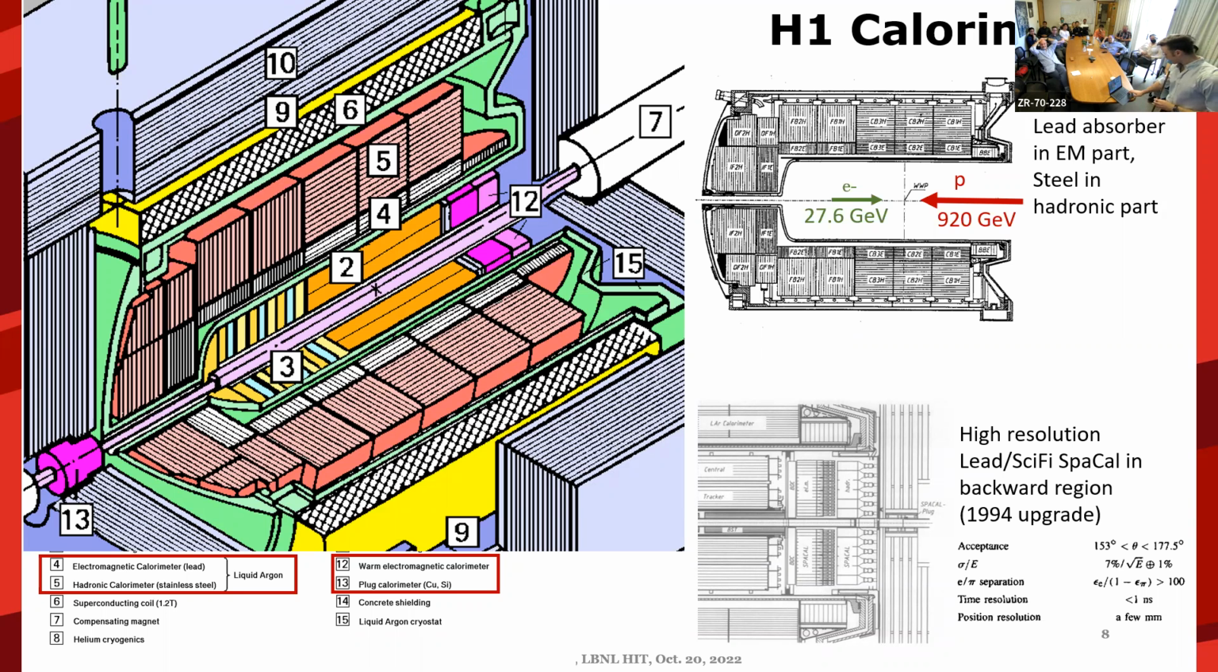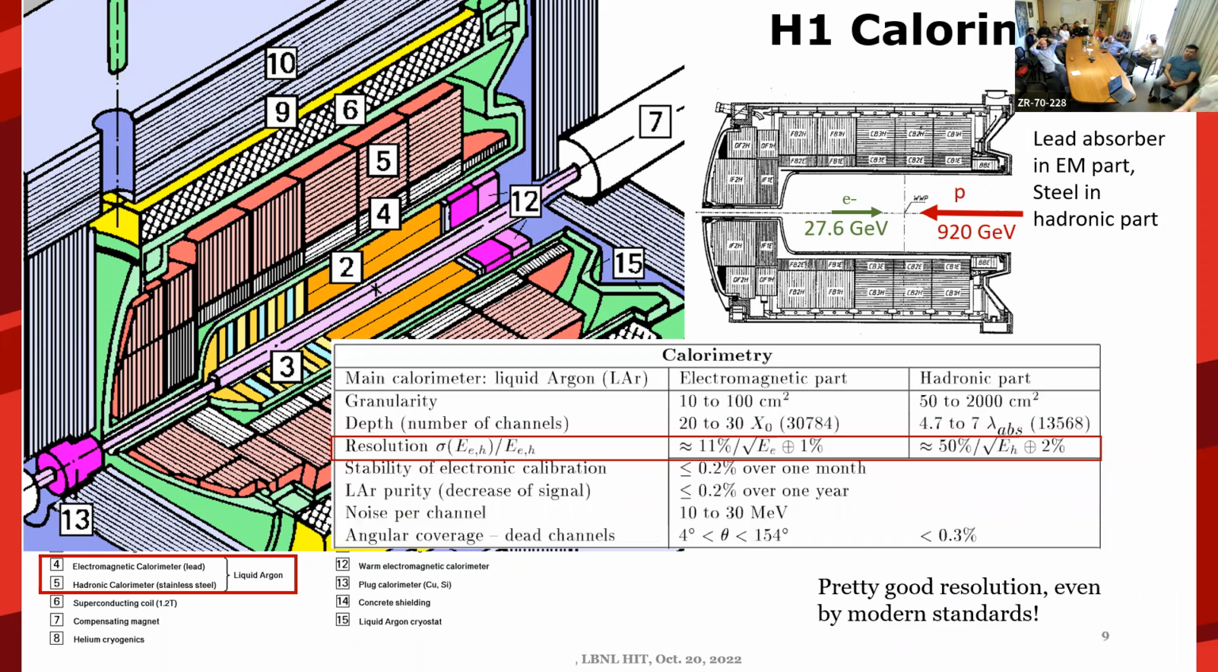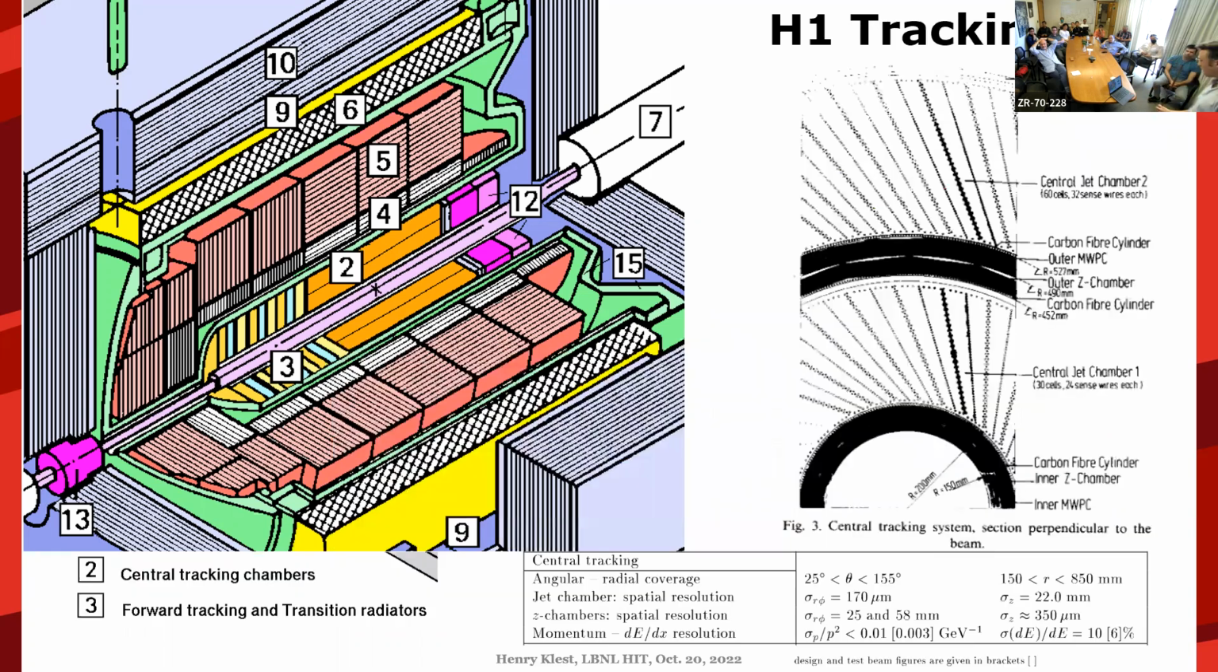And so the resolution of these calorimeters was actually fairly good even by modern standards. The EM resolution is not the best, but the hadronic resolution is still kind of competitive with modern hadronic calorimeter designs. The tracking of H1 was done in the central region by some kind of old school drift chambers everyone